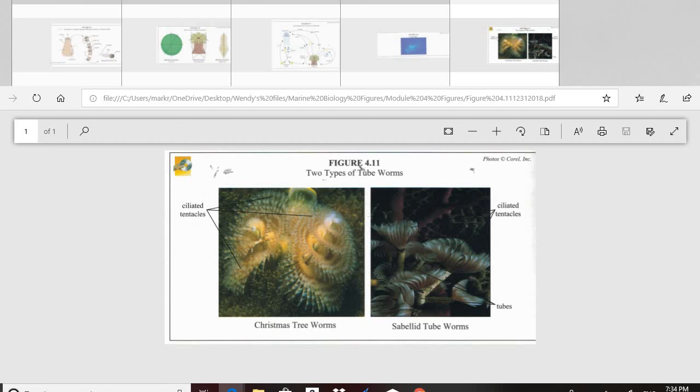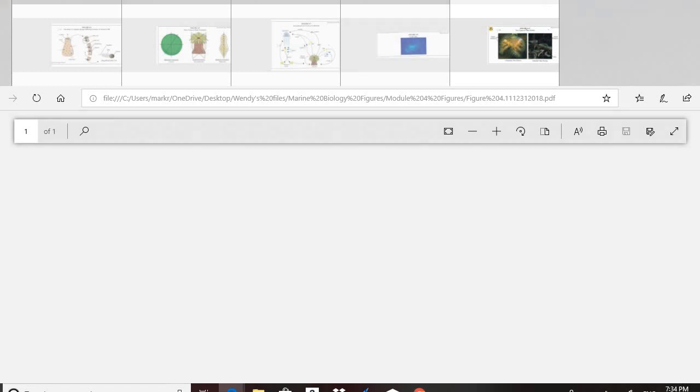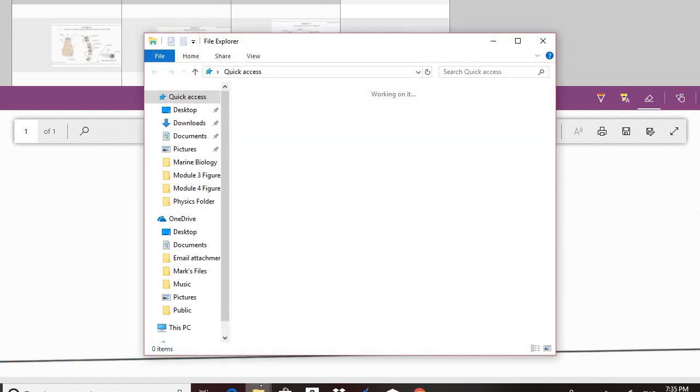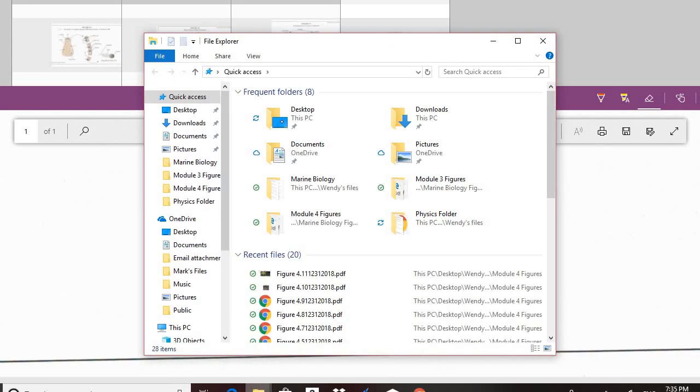Let me see if I can find, I want to try to show you a picture of a,